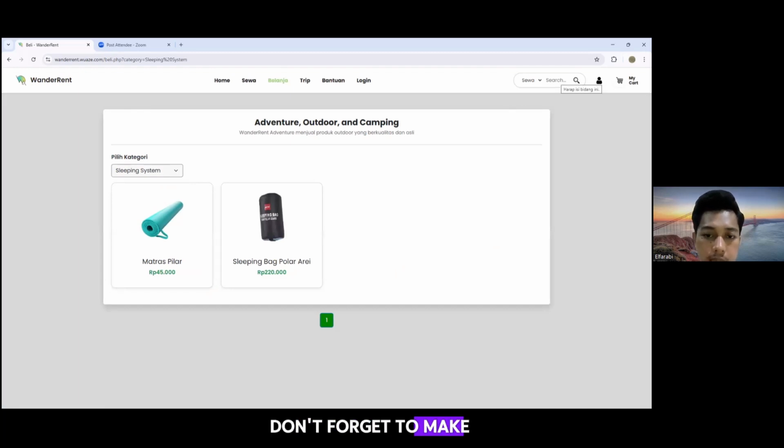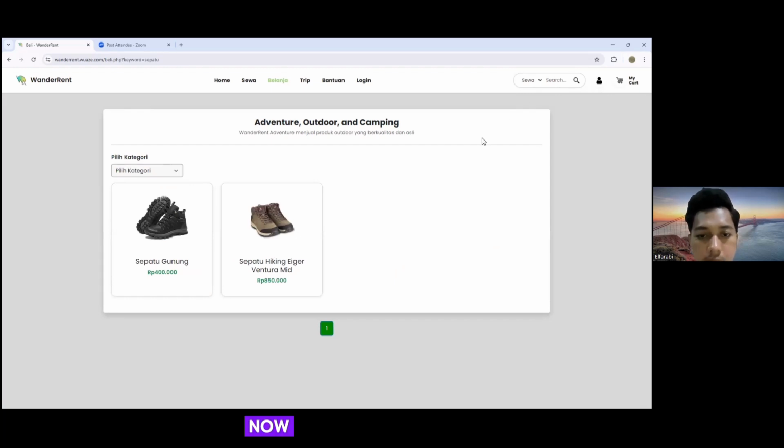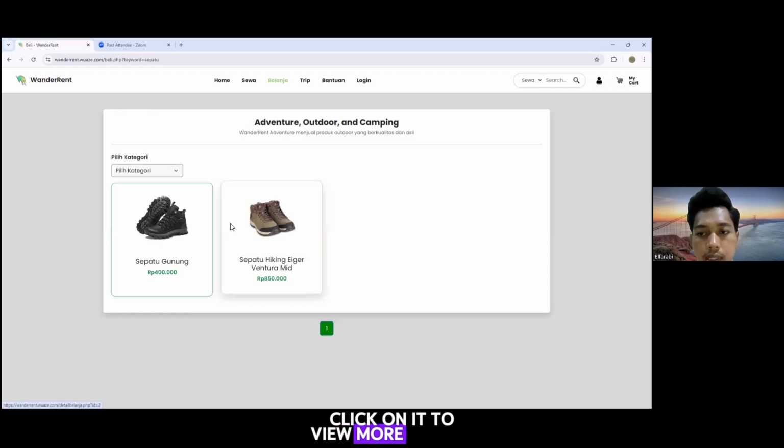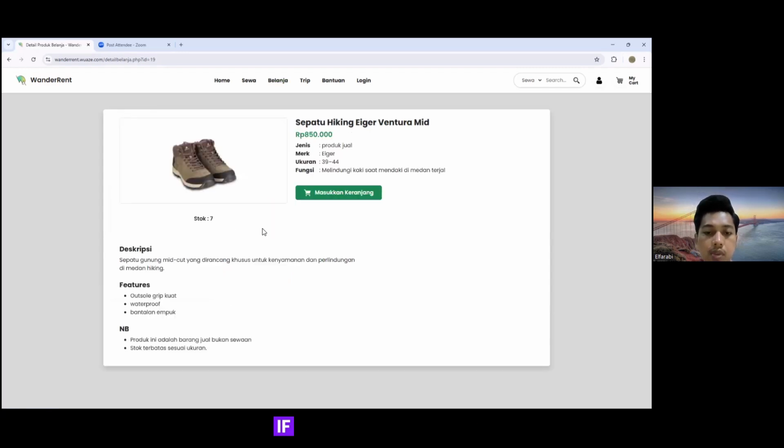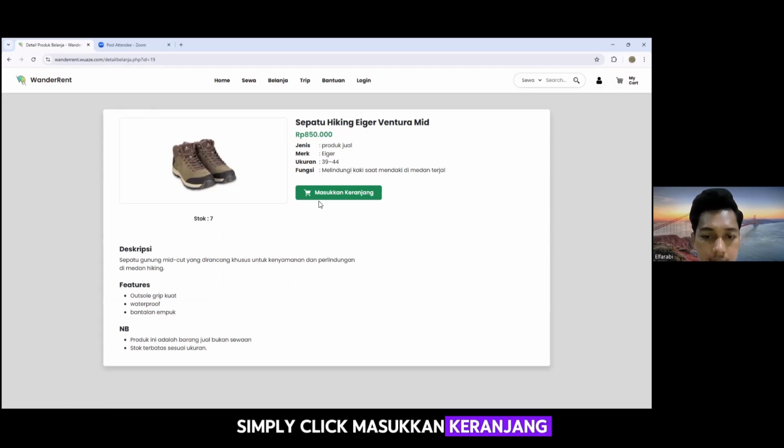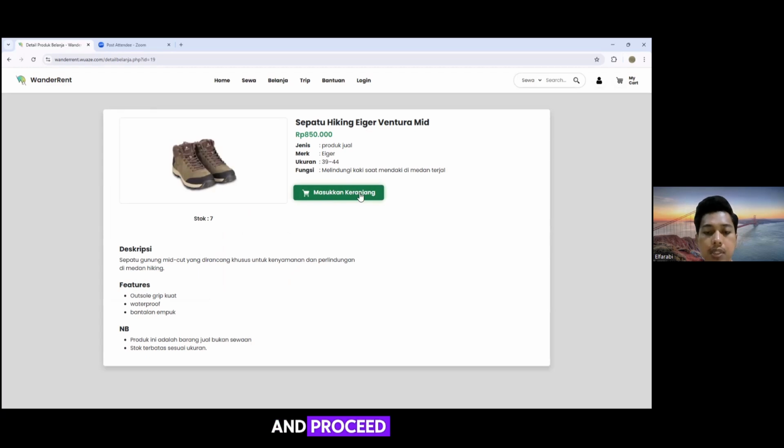Make sure to switch the drop-down beside it to Beli. Then type, for example, sepatu. Now, once the product appears, click on it to view more details. If you're ready to purchase, simply click masukkan keranjang and proceed to check out.